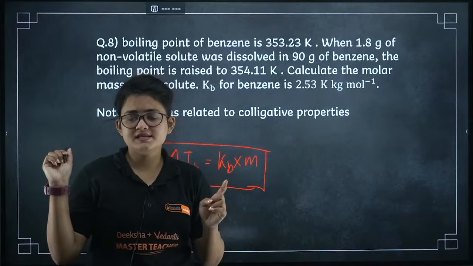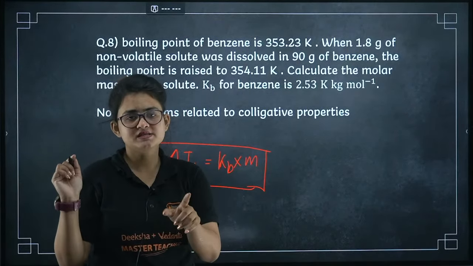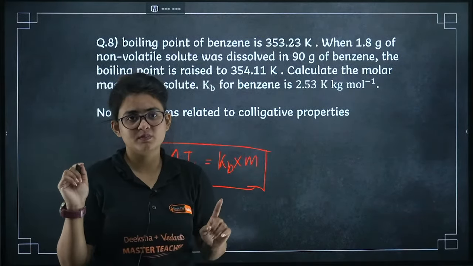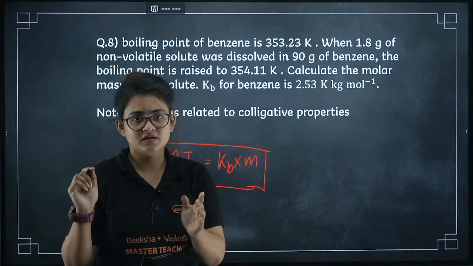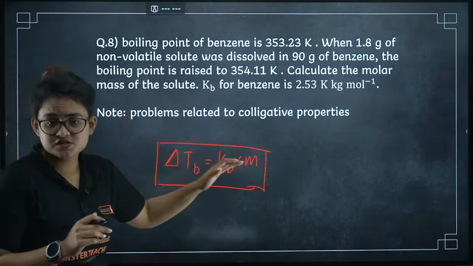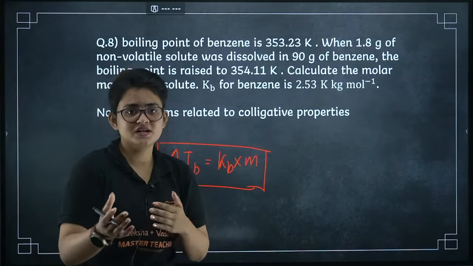But for this particular case, I suggest you proceed with the colligative properties, all the formulas of the colligative properties. From there you can expect the numerical problems. That's most important. Okay, so I guess it's clear to you what the question zones are and what you have to study. Definitely you are going to get the PDF after this session.